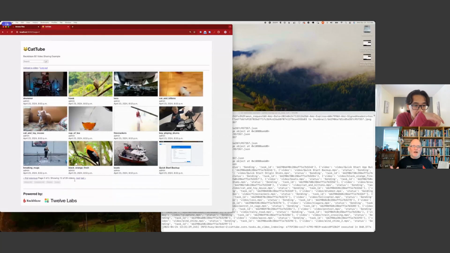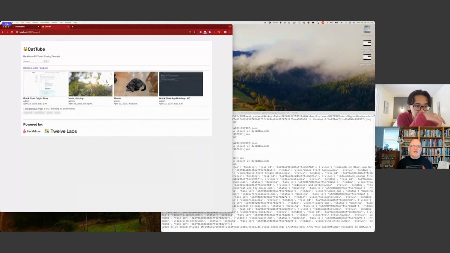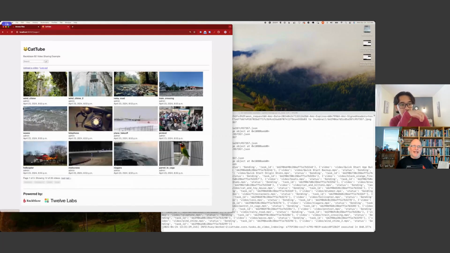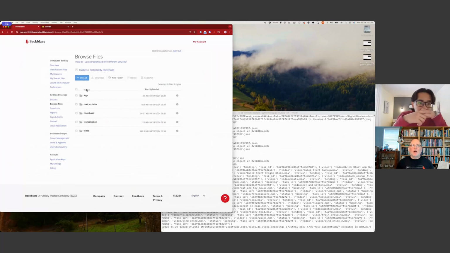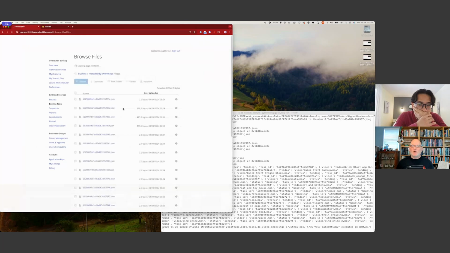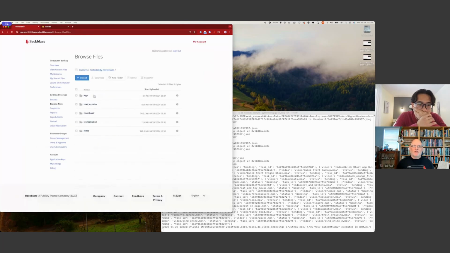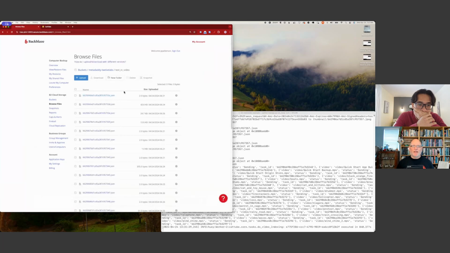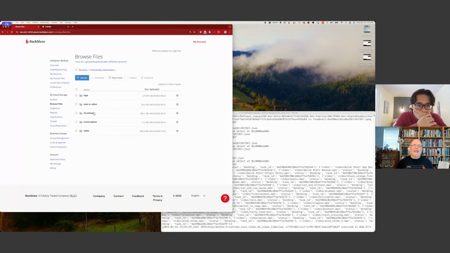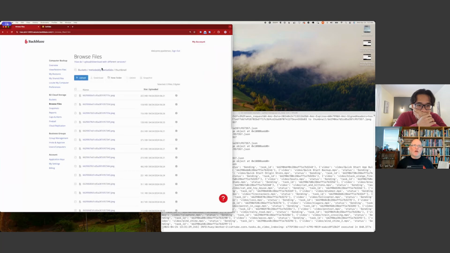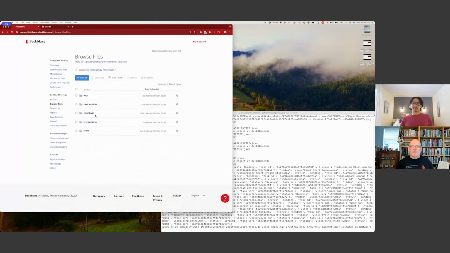Okay, so I now have those stored in Backblaze B2. And if I go back to my bucket, I can see there's lots more data there, because as I requested all of that data from 12 Labs, I saved it as JSON files in the case of the references to text and logos, and the actual images for the thumbnails.